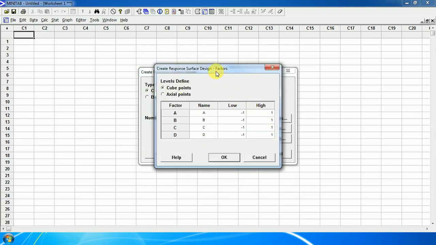We will take an example of cellulase production, the optimization of cellulase production from bacteria. So now we will select the factors. Suppose our first factor is corn steep liquor, represented in percentage.